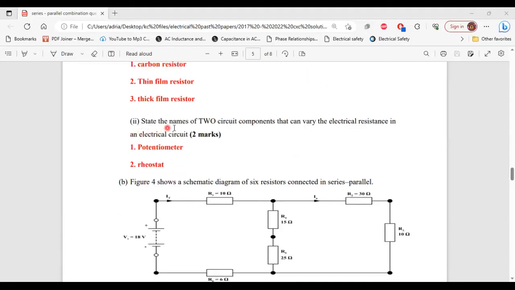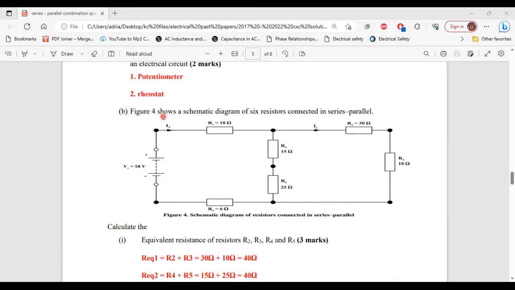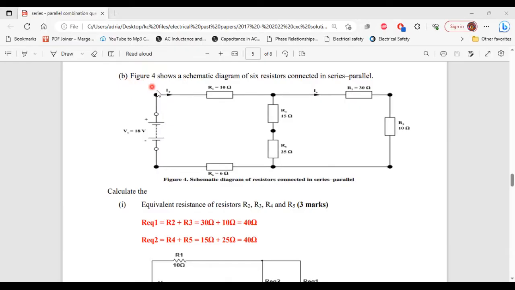It says state the names of 2 circuit components that can vary the electrical resistance in an electrical circuit. So the 2 components are a potentiometer and a rheostat. All right, so that's it for part A. For part B, it says figure 4 shows a schematic diagram of 6 resistors connected in series parallel. So here is figure 4, the series parallel circuit, and it says calculate the part 1 of B, equivalent resistance of resistors R2,